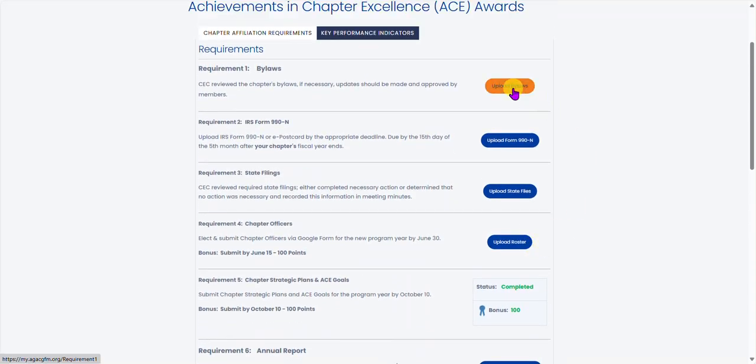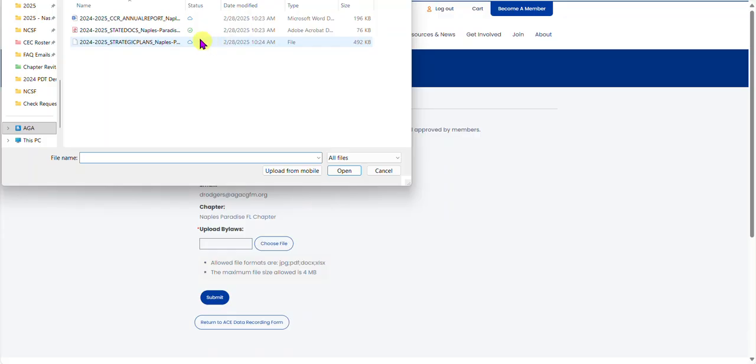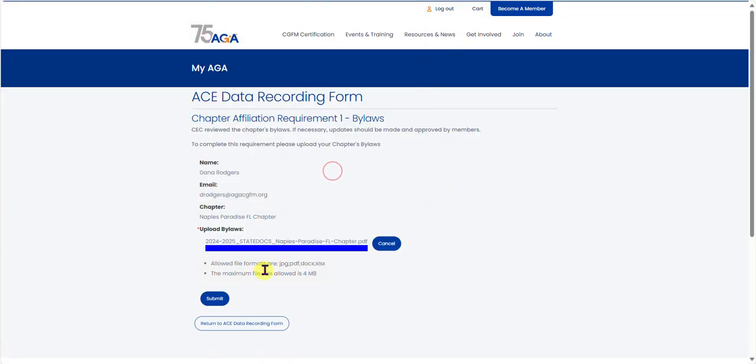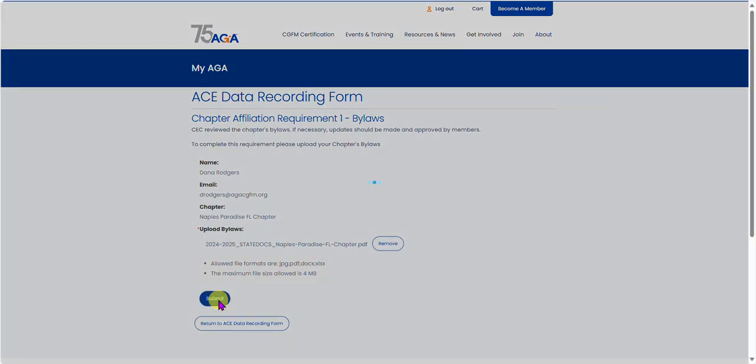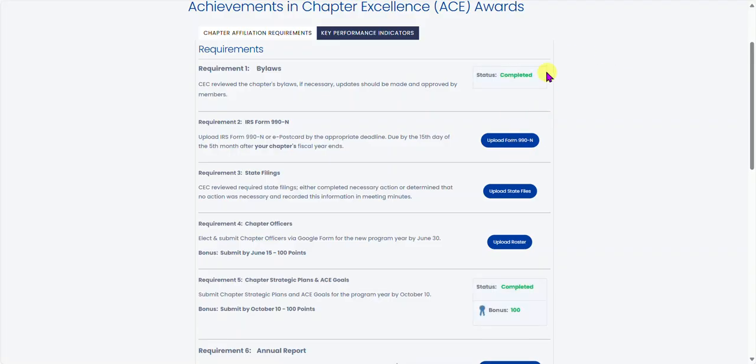So I'll show you an example. If you wanted to upload some bylaws, you're going to click on that. It'll open up into a new page. You'll choose one. It'll open up the document. That's not bylaws, but just for the sake of demonstration. And you'll press submit, and once you press submit, it'll take you back. And then you'll notice it might have a little lag there, but now the status is changed to completed